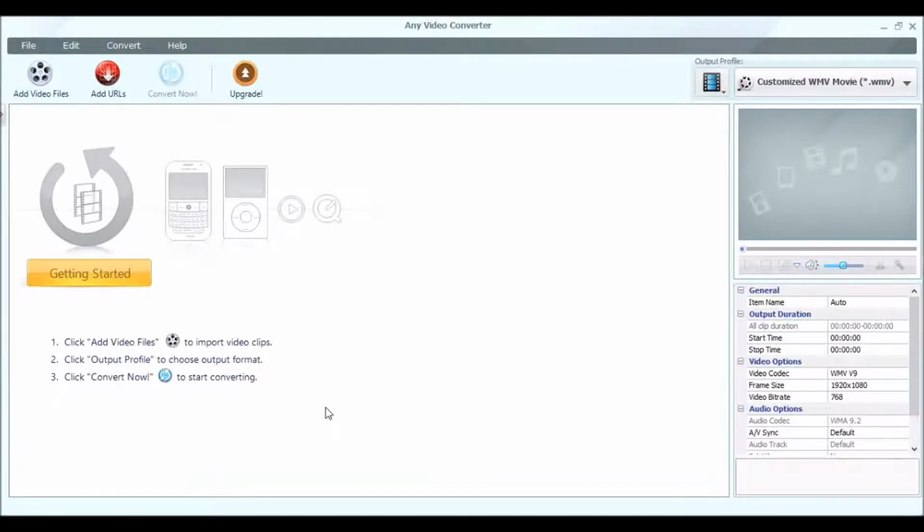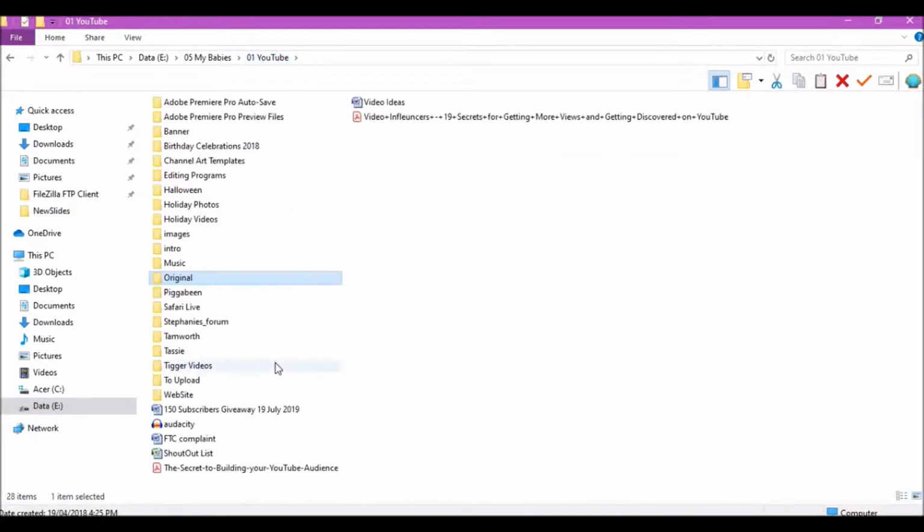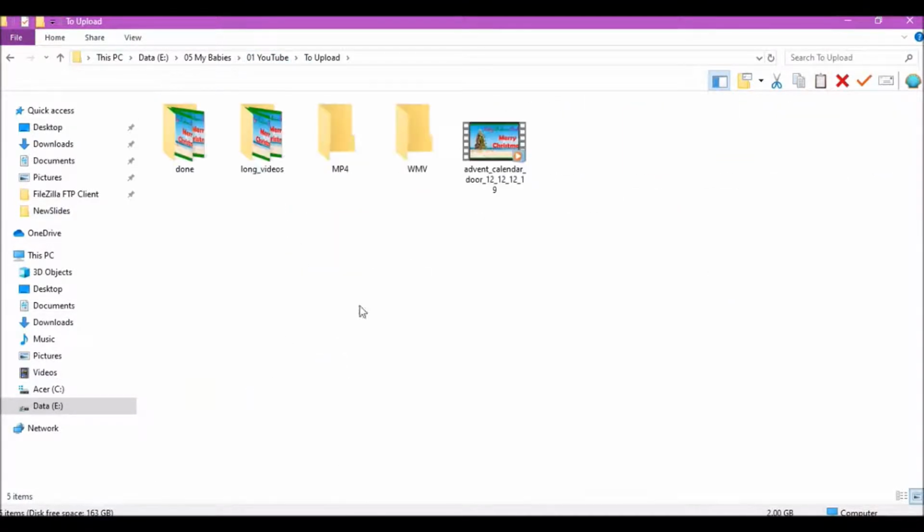Okay, and this is where I actually convert the file to a WMV file extension. I'll let you know how big the file is before I convert it. Got to go over to YouTube and down to upload. Now that's the video I made, and that is exactly 2 gigabytes. That's the size of that video. So we will go back